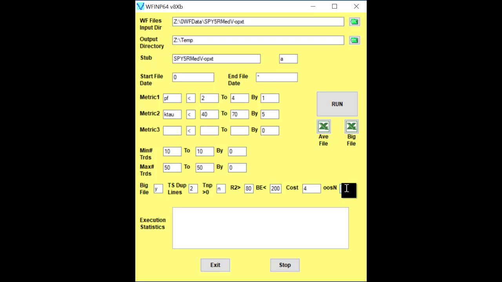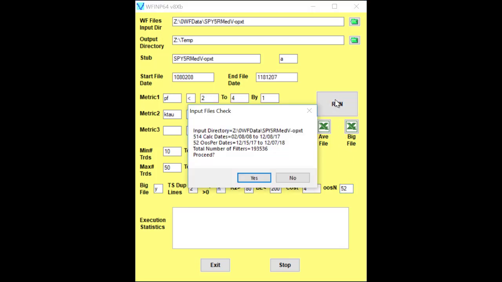So that's what that does. We've entered all the numbers we need to run. The next step is I click on run. And as you can see, the data goes from 108.0208 to 118.1207. An input files check shows that I have 414 calculation dates and then 52 out of sample dates that